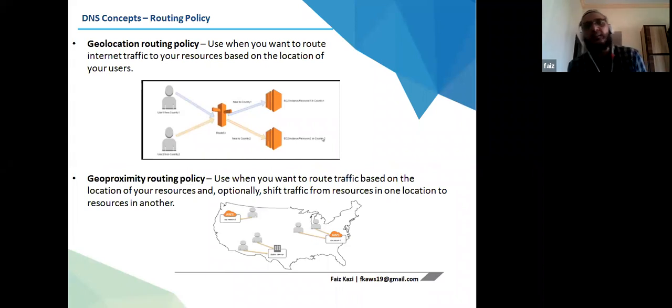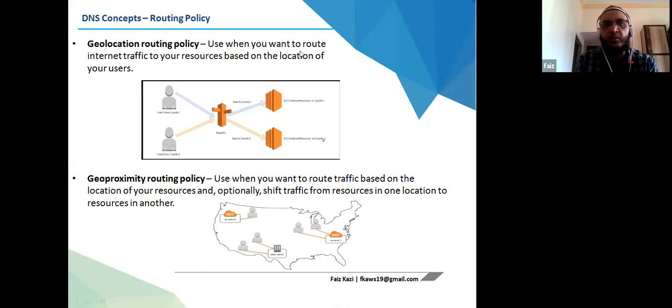In an environment where you will say that users residing in the US should be accessing the US server, and users residing in Mumbai should be accessing your Mumbai server.